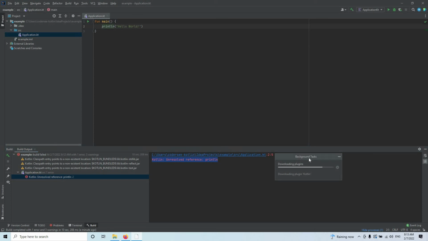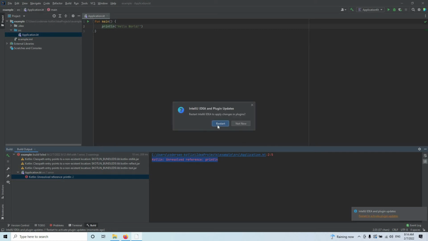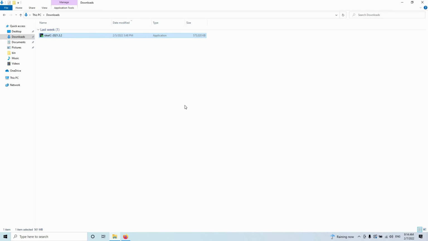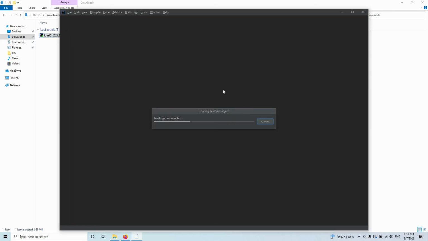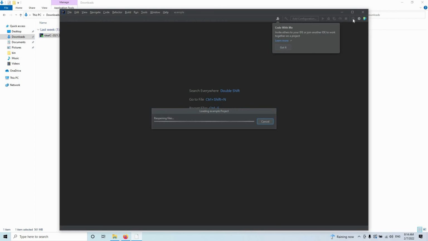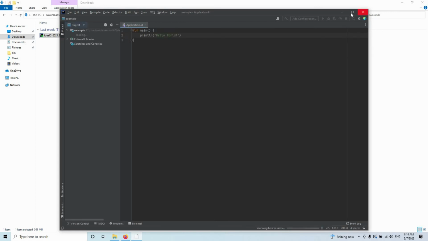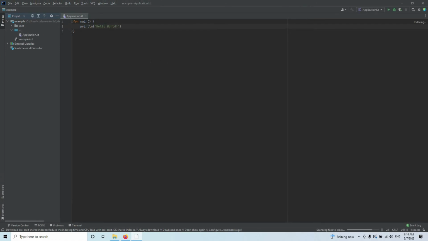Let's wait a while until the downloading process has finished. And now we have to restart IntelliJ in order for these changes to take effect. We can do it from this panel, click restart and restart now. The application is restarting, and after that we'll be able to finally run our app. Let's close this pop-up. Got it. Let's maximize this window. And once again,